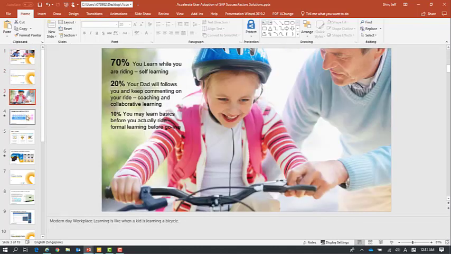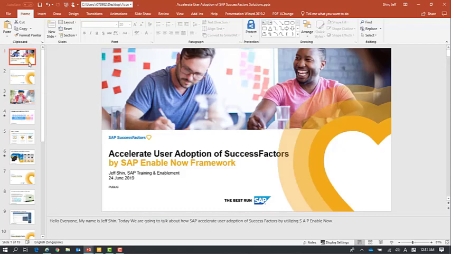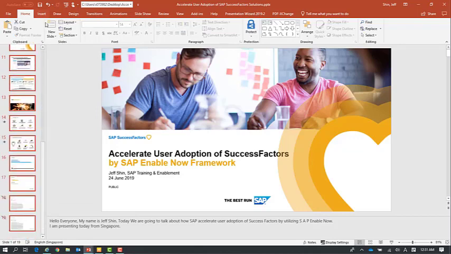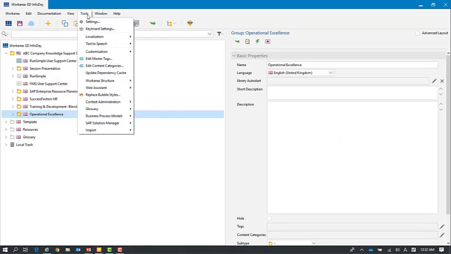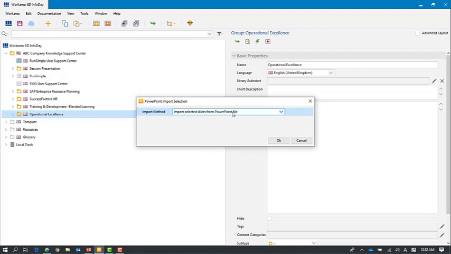SAP Enable Now can easily convert that into a SCORM or AICC compliant e-learning course, so that you can deploy it from your learning management system, the SuccessFactors learning management system, tracking those people's activities. And then you select all of them. Before that, let me save all of them and then go back to Enable Now, Tools, Import, PowerPoint as a book,